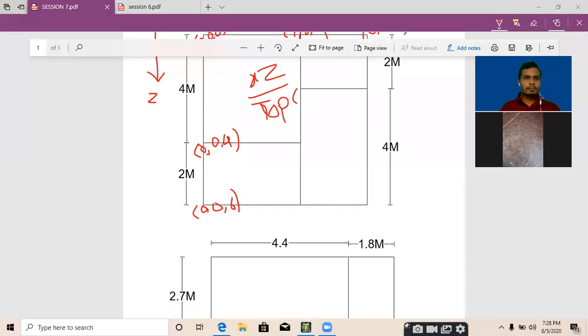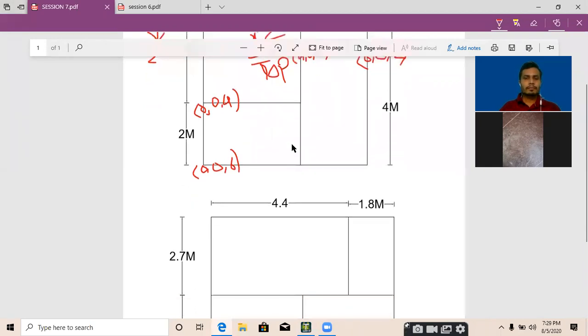What about the next node? This particular node, 4 in x, 0 in y, 2 in z direction. What about the next coordinate? 6, 0, and 2.